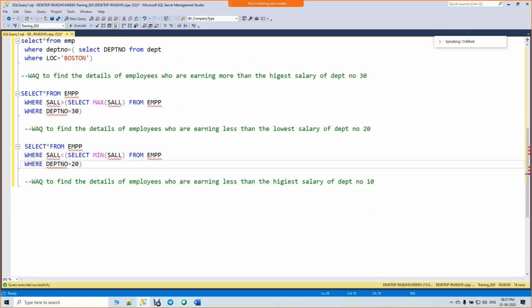Yeah, correct. What about this one? Definitely. You just have to change 20 to 10 and to max. Yeah, give me the query.